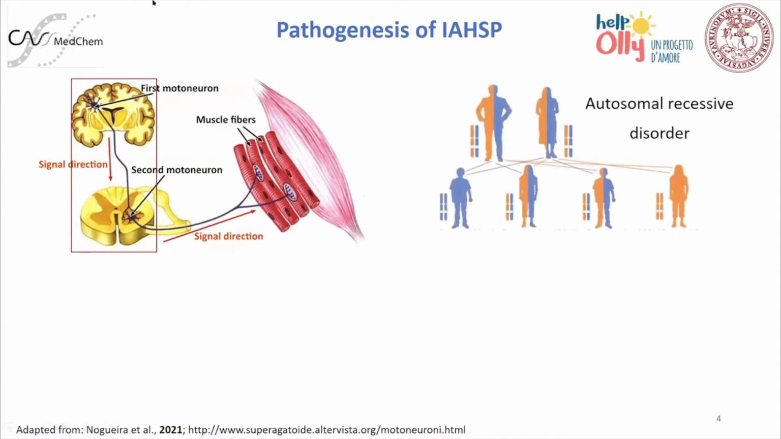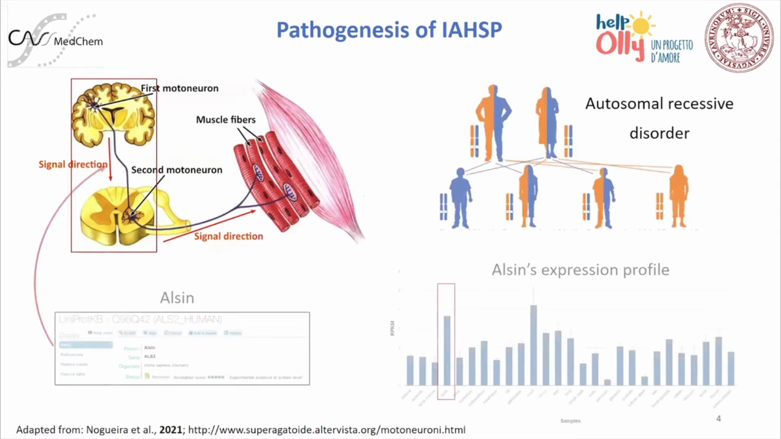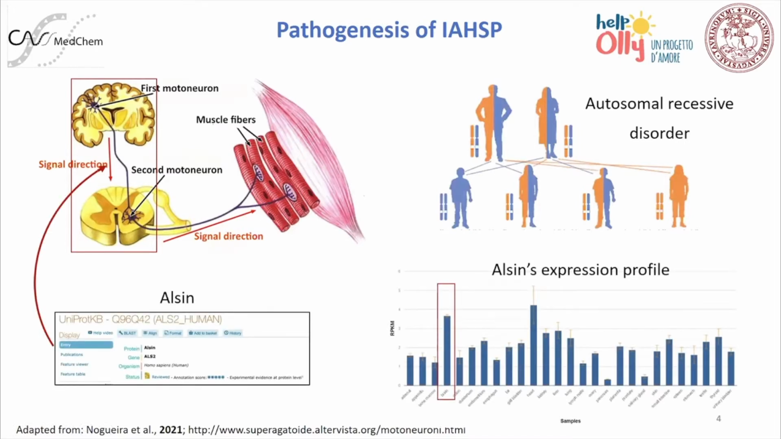It's an autosomal recessive disease, meaning that it's inherited, it's a genetic disease, and one gets it from two parents who are healthy carriers. The gene which is affected is ALS2, encoding for the protein Alsin, which is almost ubiquitously expressed, but just in the central nervous system, when mutated, it gives rise to the